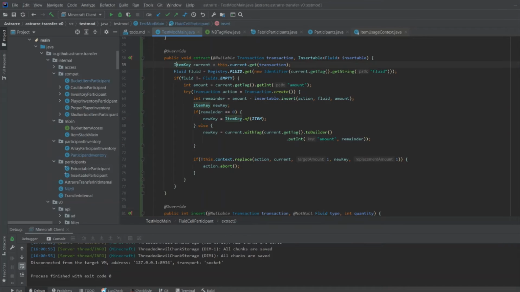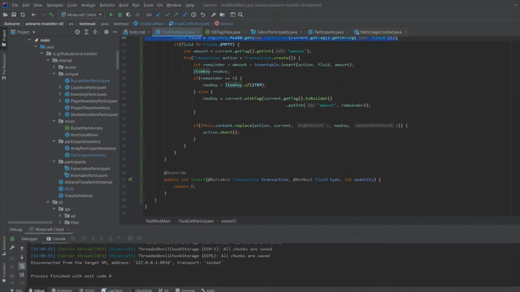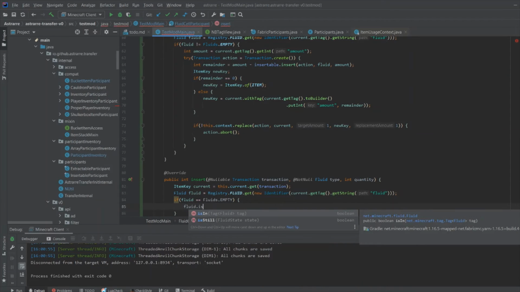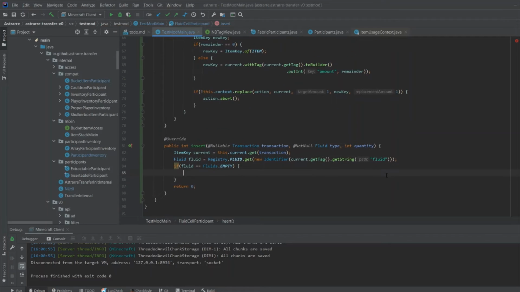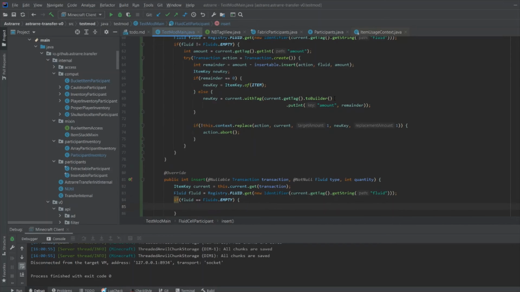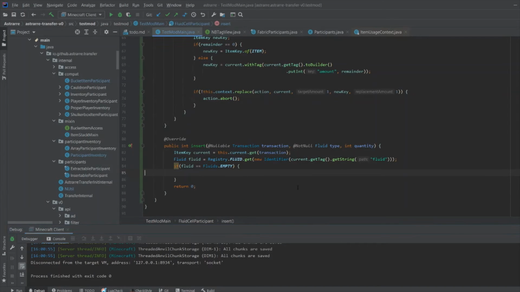So it's actually copy this bit. If fluid equals fluids.empty. Is there an isEmpty method? No. Okay. So fluid is empty. Then we can insert into it. So this is a defaulted registry. So by default, this returns this. Okay. So